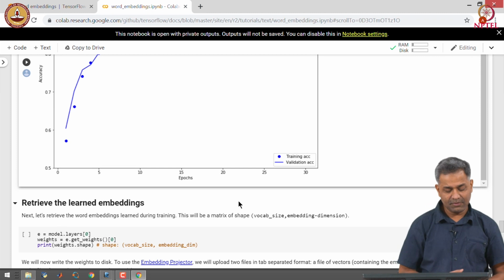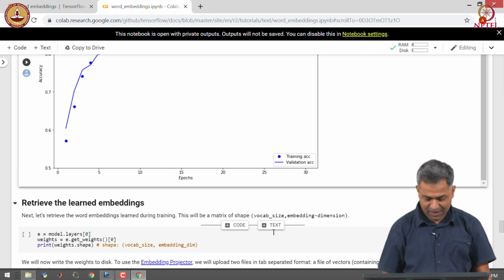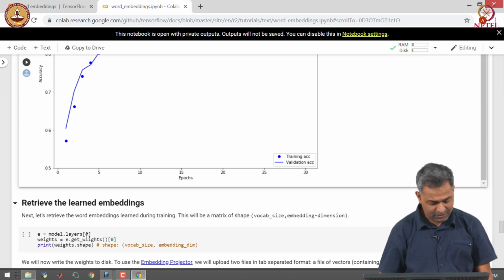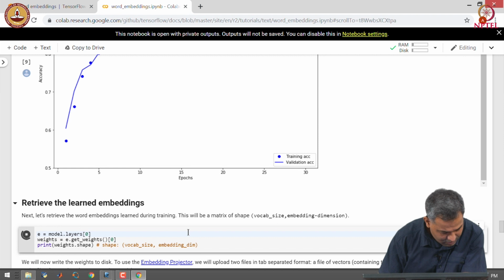Let us retrieve the learnt embeddings for the words. Note that we have trained the word embeddings during the training. So, we will have embeddings with the shape vocabulary size comma embedding dimensions.